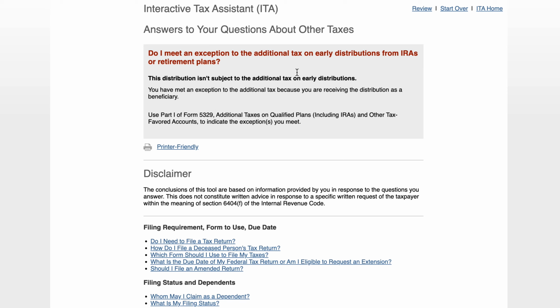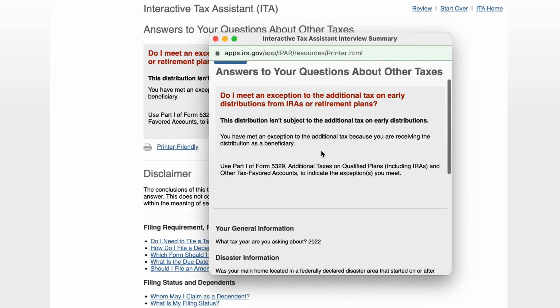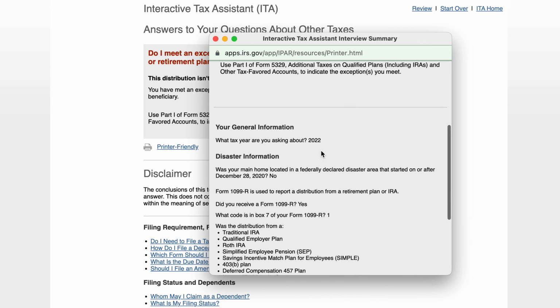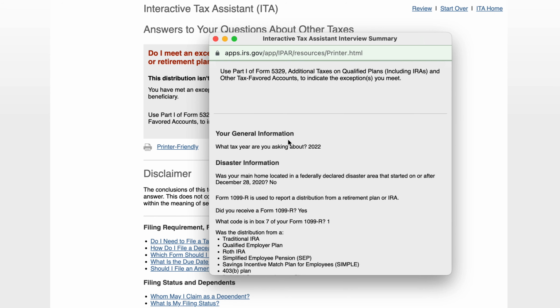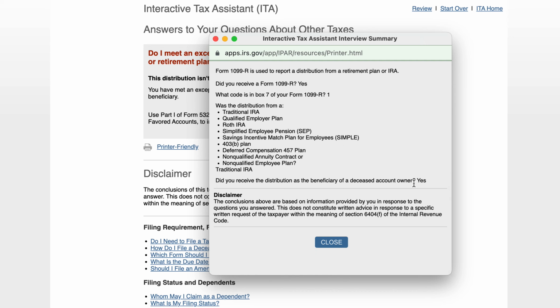So what I would do is consider printing out this review sheet that basically says all of the questions that you answered. So in here it shows you were talking about the 2022 tax year. You received a Form 1099 with the code 1. Did you receive it as the beneficiary of a deceased account owner? Yes. So in this case, your distribution wouldn't be subject to the additional tax because death is one of the